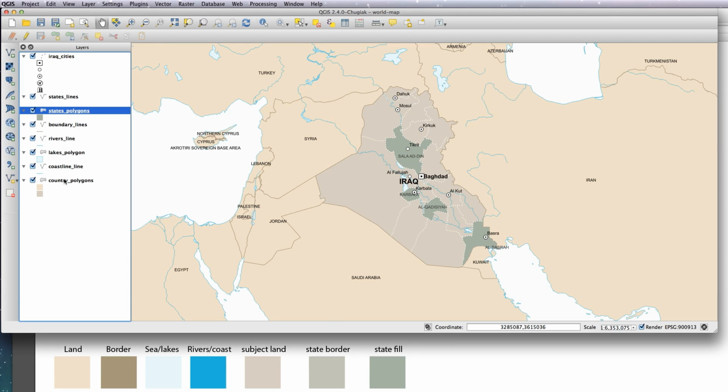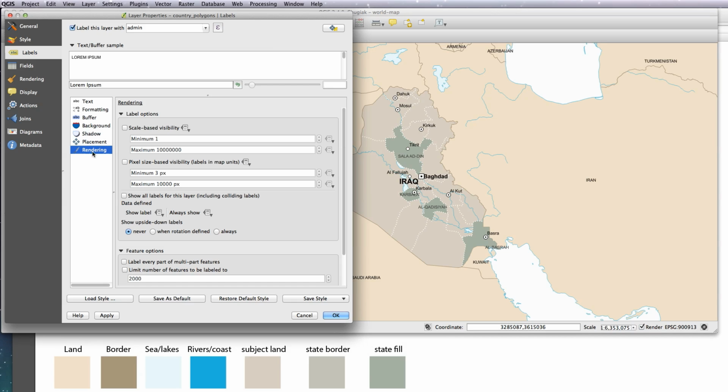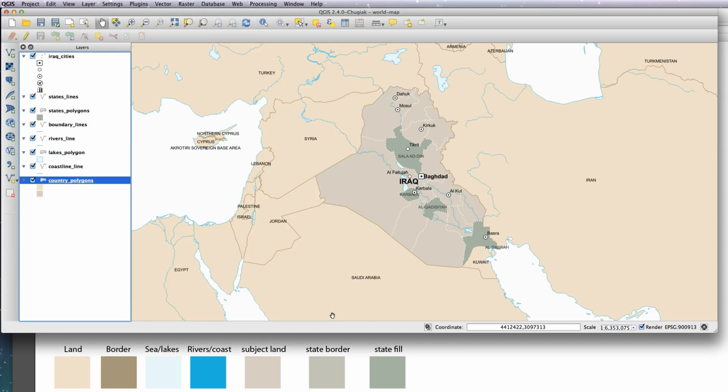Okay, so I'm going to also do that with my country polygons, just in case the Iraq label gets turned off because of its proximity to the other towns here. So we'll OK that. Now I just want to add in the sea color, and in order to do that,